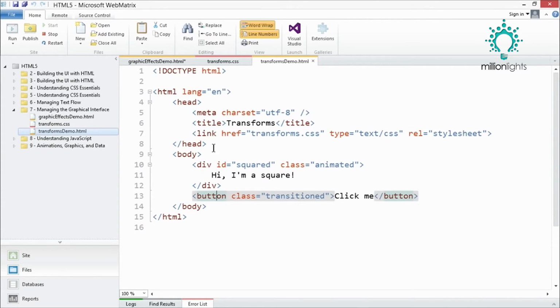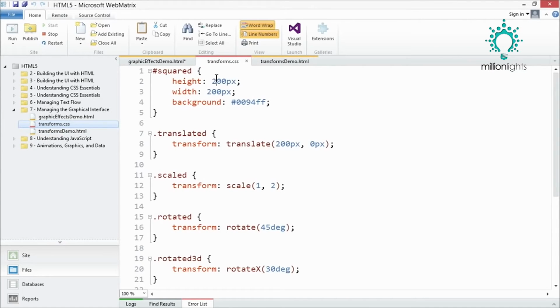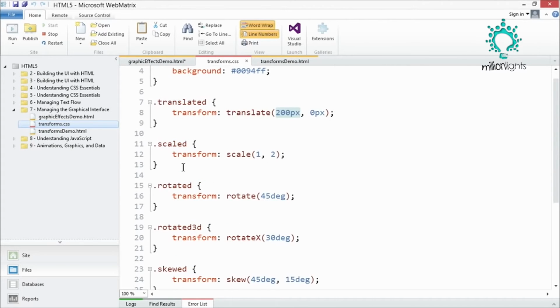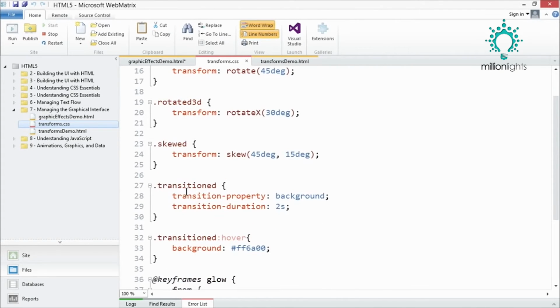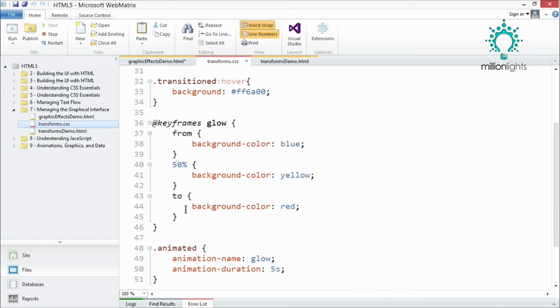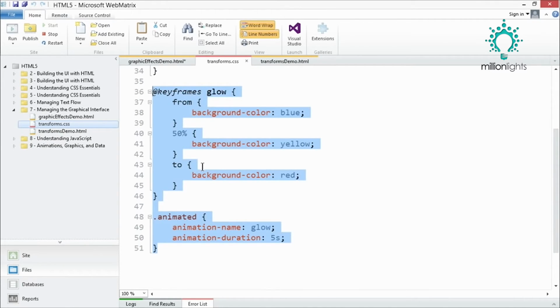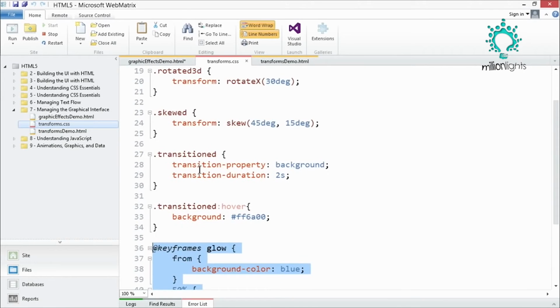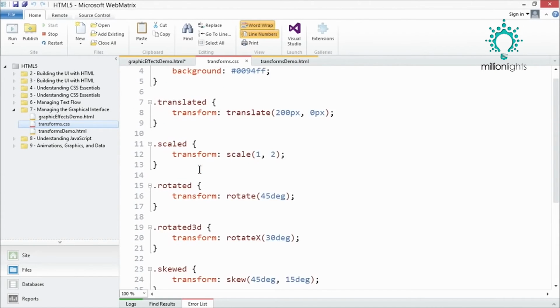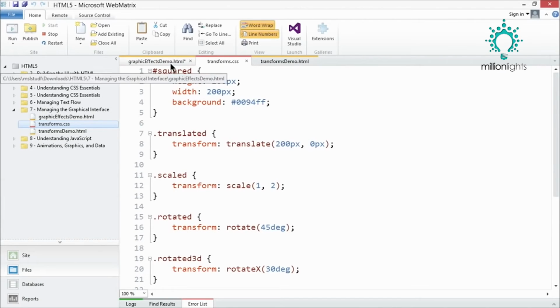Let's see here. And then I want you guys to see that I've actually got all of my CSS stored inside of a transforms.css file. So what I'm going to do is we're going to walk through all these transitions, and I've actually got an animation here, so get pretty excited for that one. And all I'm going to do is I'm just going to change the class each and every time. I may have to come back and check the class name to make sure I'm implementing it correctly, but